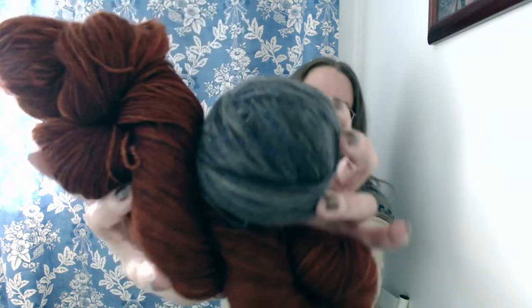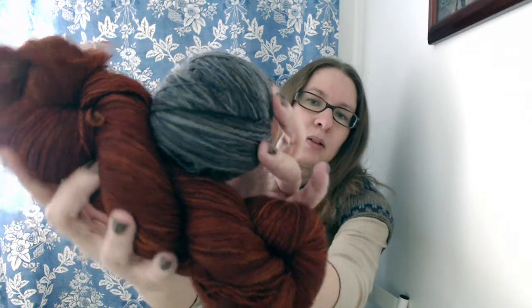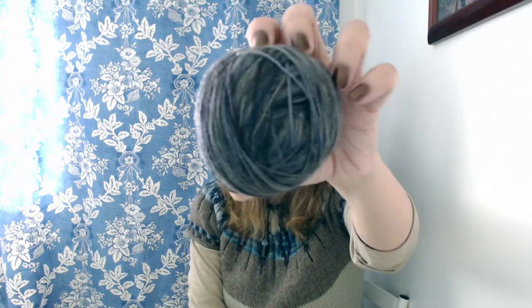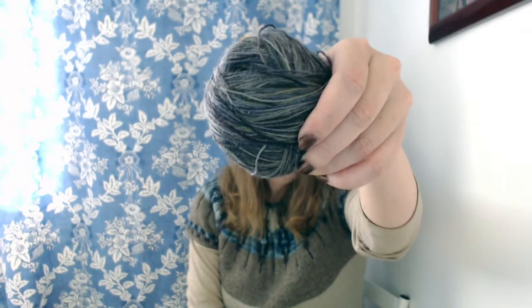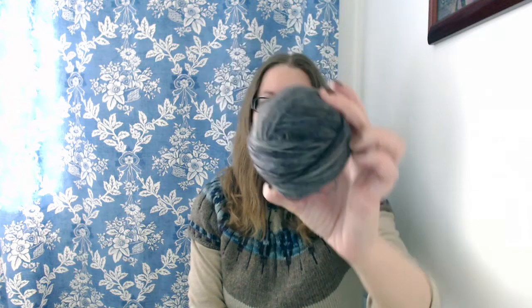So I'm going with these, as I thought these would be sort of autumnal, Halloweeny, dark and moody. The gray one is something I've wound up a while ago, and I've lost the tag, but I know it's some lace weight. I think these were overdyed experiments. I was going to do something with this earlier, but I don't even remember what it was. So it's balled up